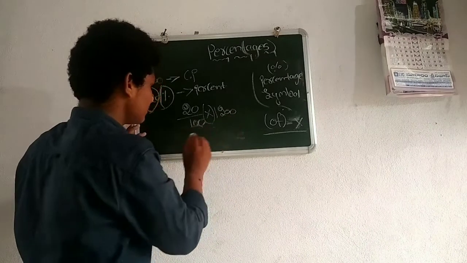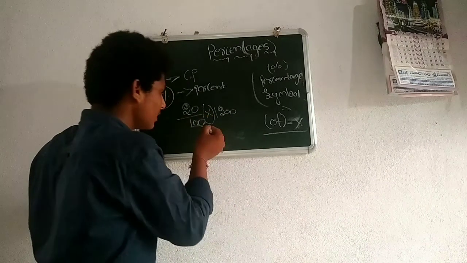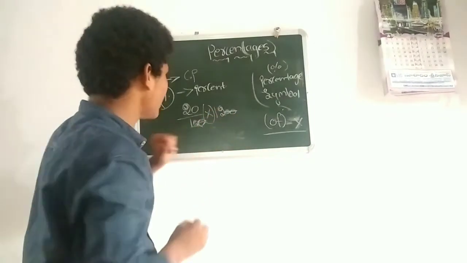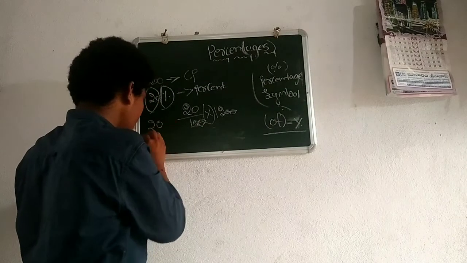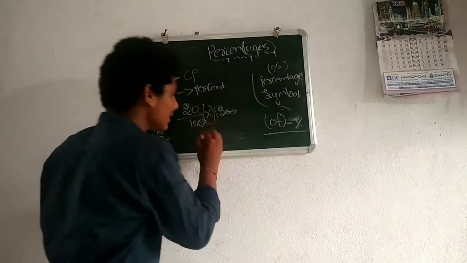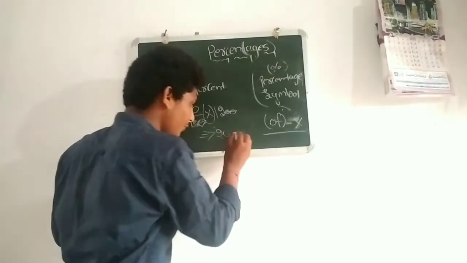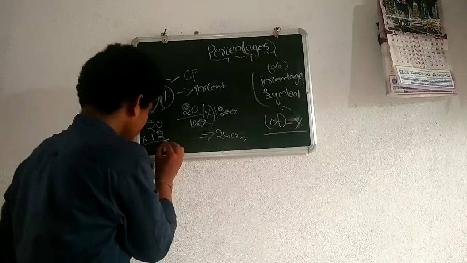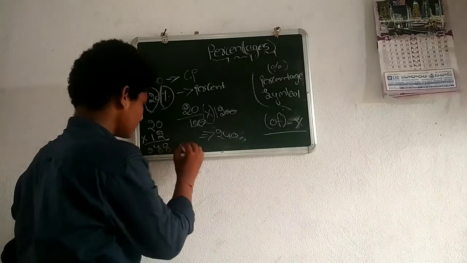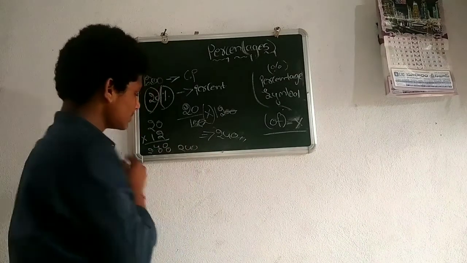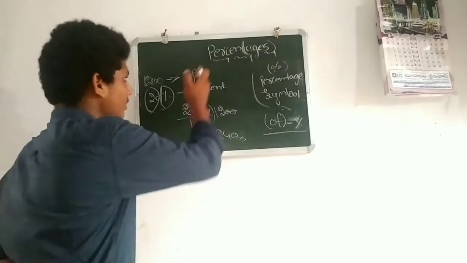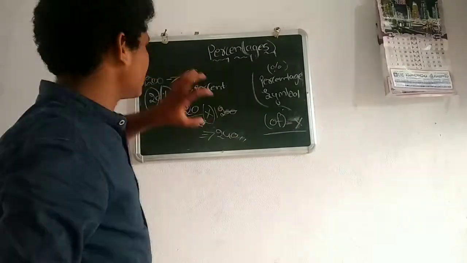Simply multiply the digits. Here we cut 2 zeros in the denominator, and 2 zeros in the numerator. We have here 20 into 12, friends. We simply write it as 240. If you have any doubt, I am writing it here. Yes, 240 we got here. Yes or no? In this way we are going to solve percentage problems.